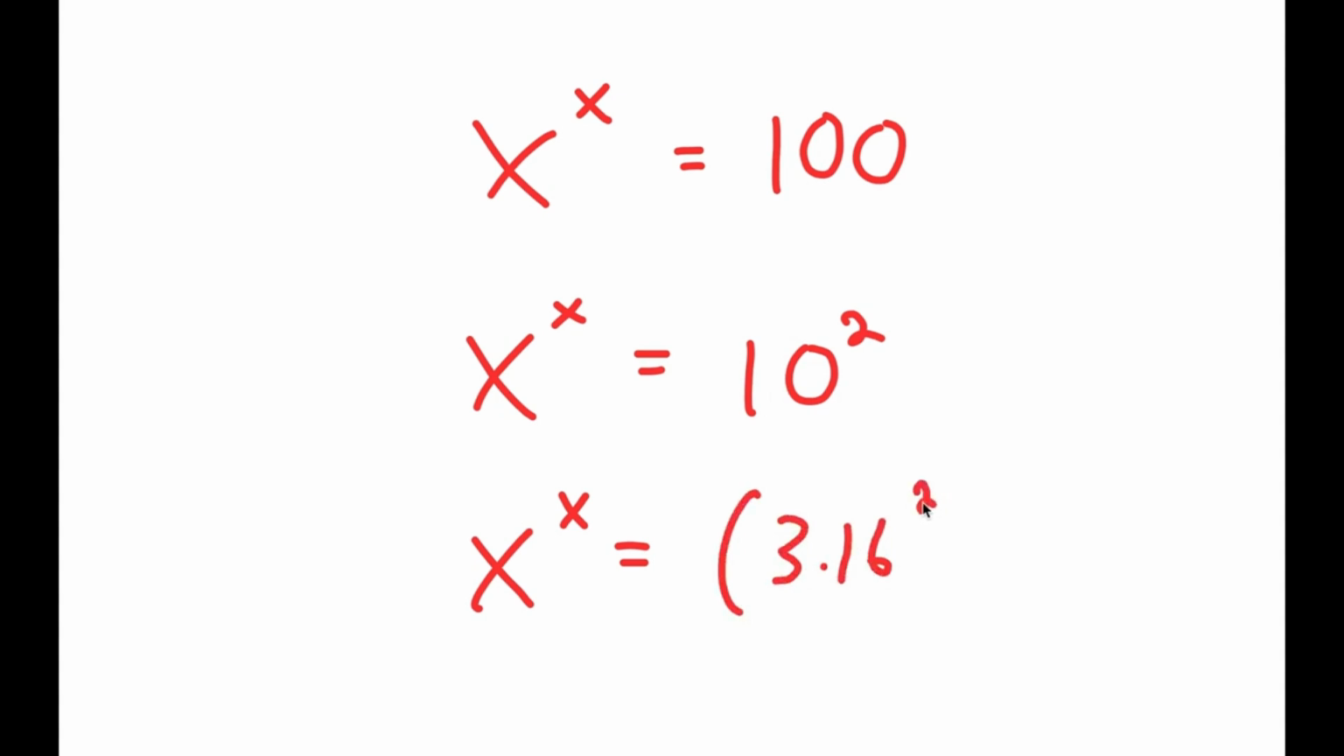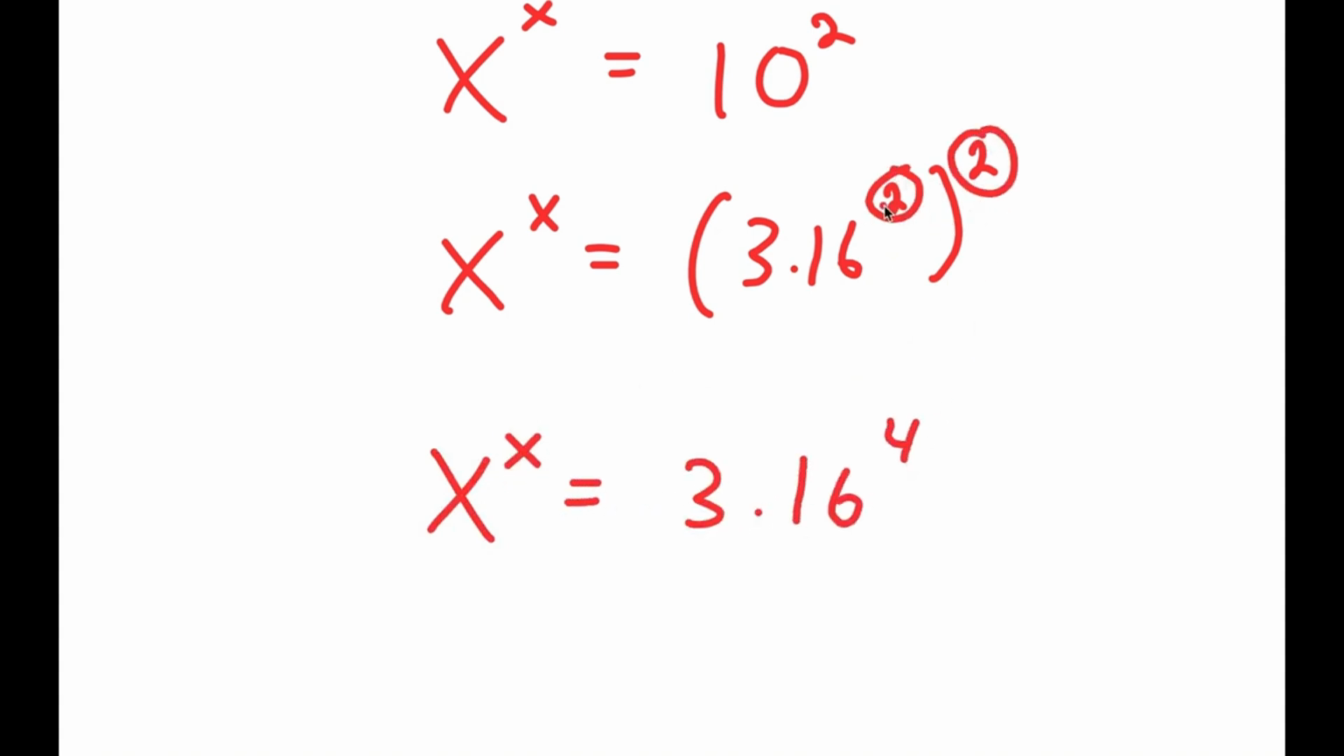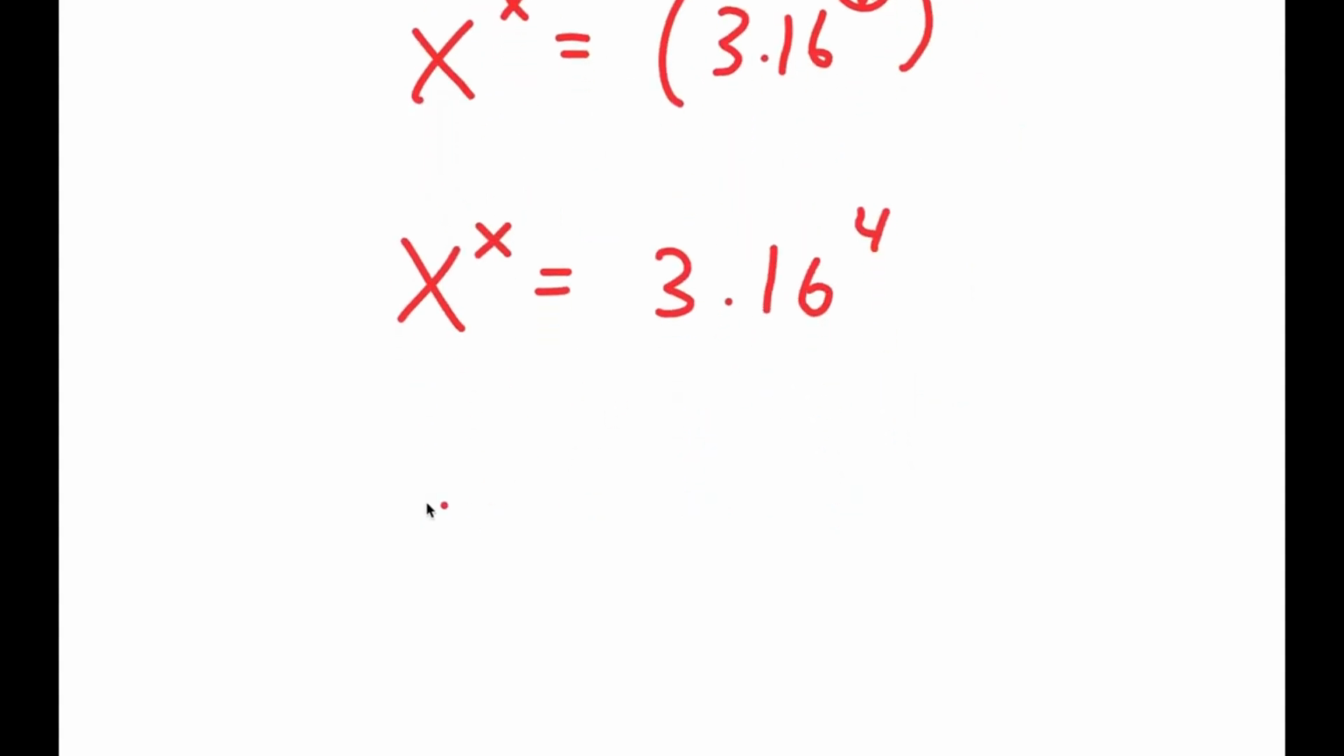3.16 squared to the power of 2, because 10 is the same thing as 3.16 squared. Now, this is the same thing as 3.16 to the power of 4, because these two multiply. And now I can rewrite 4 here as